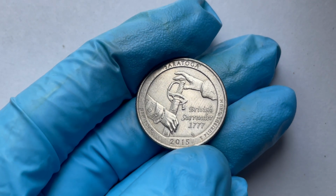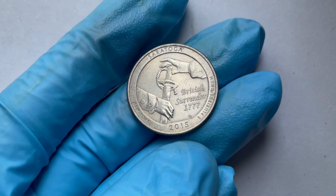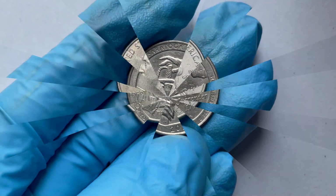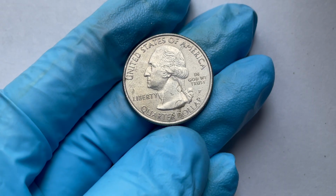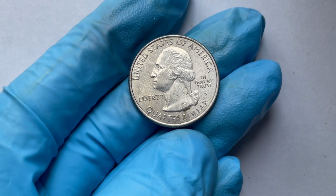But wait, before you raid the couch cushions, let's dive into the story behind this coin and why people are losing their minds over it. Oh, and stick around till the end. I'll share my own wild coin story and a pro tip to help you uncover hidden treasures in your spare change. So, what's the deal with the 2015 P